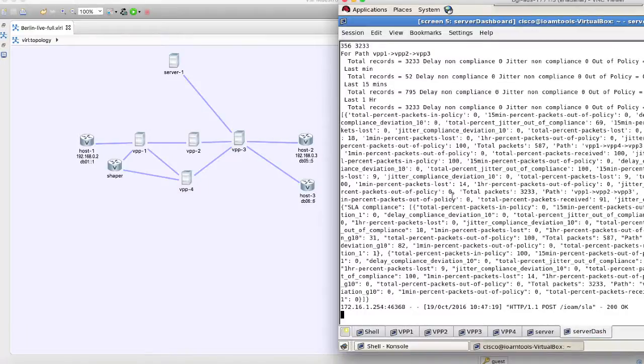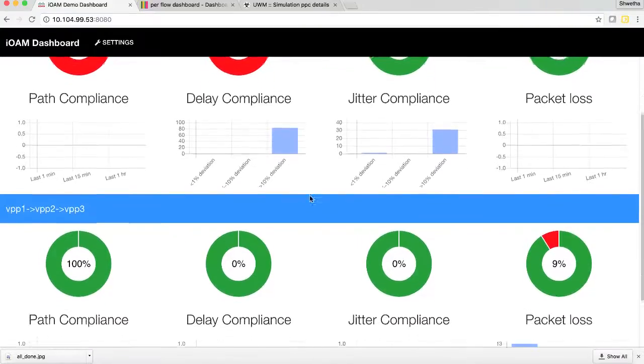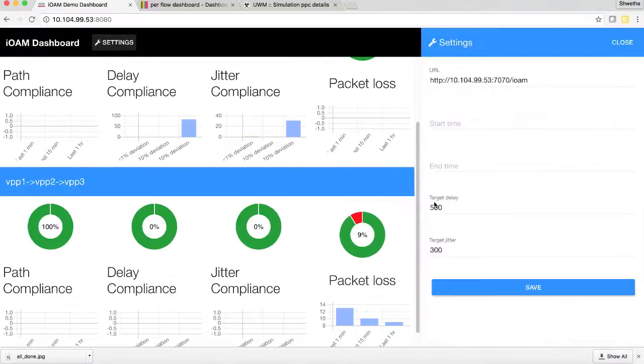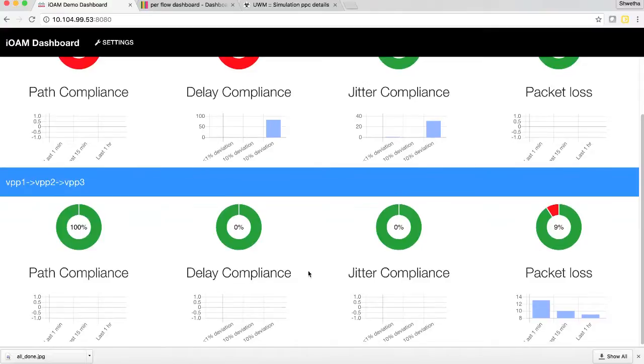The dashboard application is continuously querying the Elasticsearch over REST for the current path compliance, which will be reflected in the dashboard. This is the dashboard that we see according to the settings for the target delay and jitter. And what we see is currently it is taking the upper path, VPP1, 2 and 3, which is as per